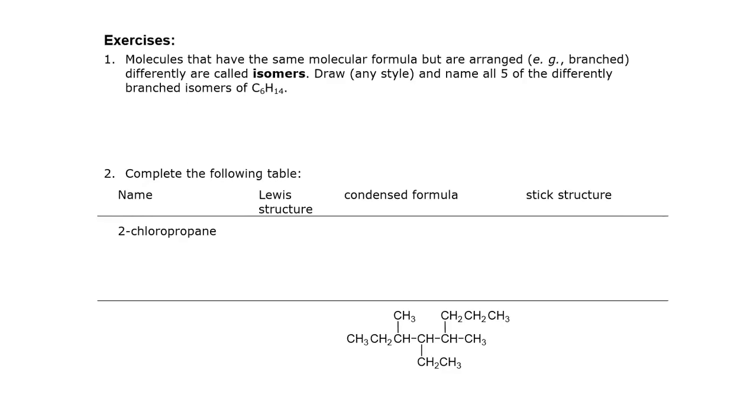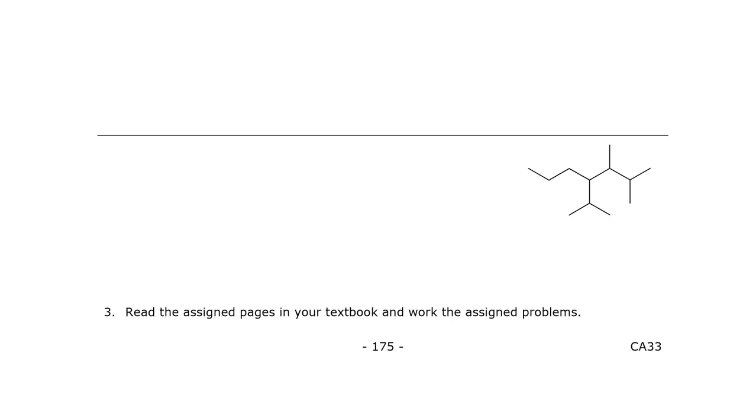So then we have exercises where you practice this. And again, the way that I suggest doing this, and I think it's extremely important this time, is that you do them one at a time. So here's a table where you have the name, the complete Lewis structure, the condensed formula, the stick structure. So you're given the name and you fill in the other three. So try to fill in those three, then look at the answer. For the second one, you're given the condensed formula, so try to fill in the other three, look at the answer. And you're going to get some practice with those.